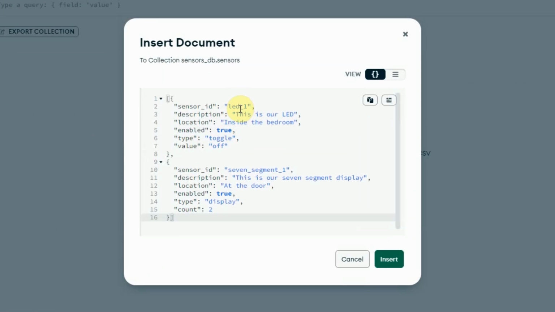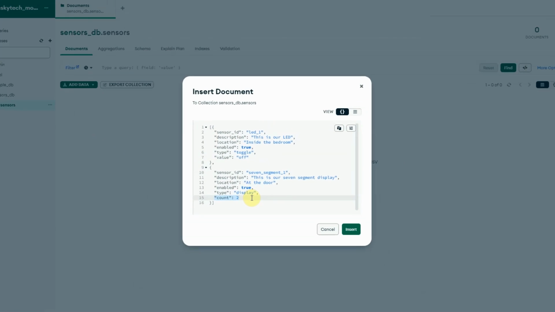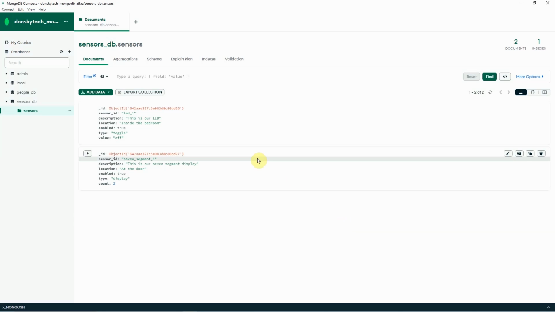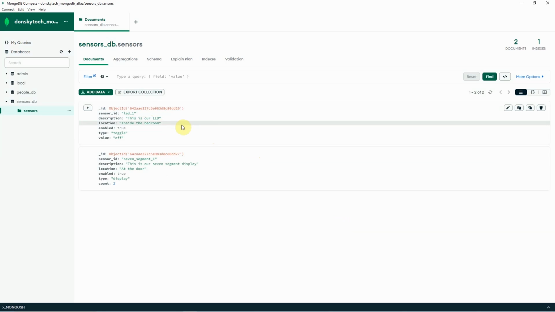So I have an LED and a 7 segment, and there is a value element here which means that it should be on or off, and the 7 segment has a count which is the value of the 7 segment, 0 to 9. So right now the current value is 2. And then I will try to insert the 2 documents into my sensors collection. And then when the 2 documents are created, there is an assigned object ID which uniquely identifies this particular